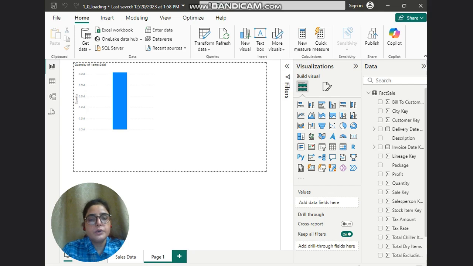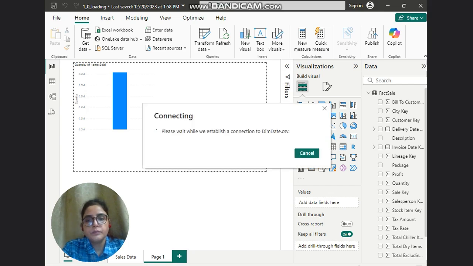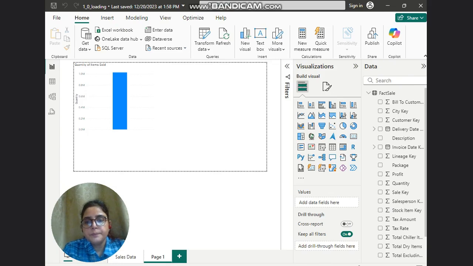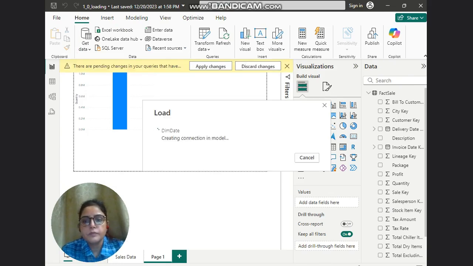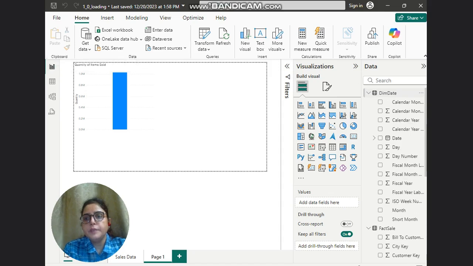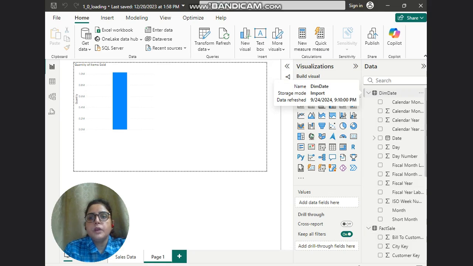So the file is loading. So just load it. So you can see your data has been loaded, dim date, right? Fact sales has already been loaded in it, and now we have loaded dim date also.